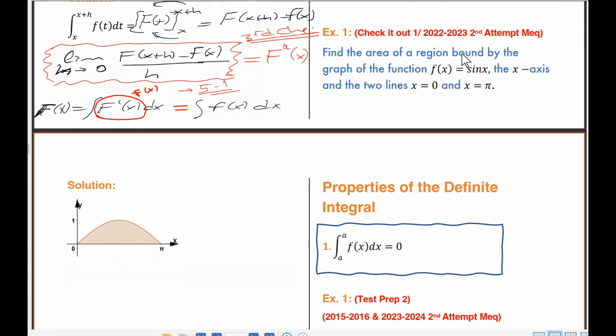Find the area of the region bounded by the graph of the function f of x equals sine x, the x-axis, and the two lines x equals 0 and x equals pi. Our function is sine x. Our graph of sine x is